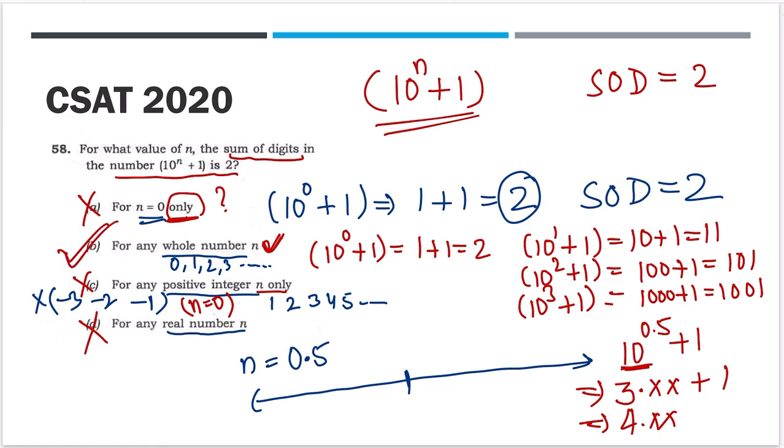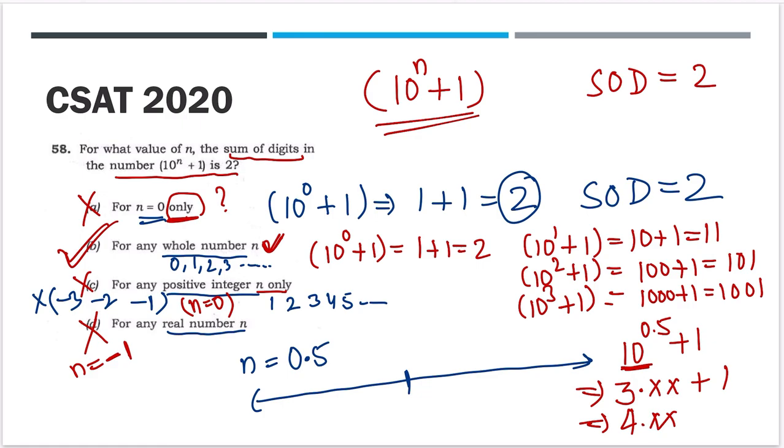The only answer we can have is the second option. I hope this is clear. The first option is not correct because of the word only. Why? Because n equal to 1, 2, 3, 4 is also an answer. The third option was not correct because it is not including 0. The second option includes everything: 0, 1, 2, 3, 4, 5, right? For real numbers, we picked 0.5. Or if you want, we can also check another real number.